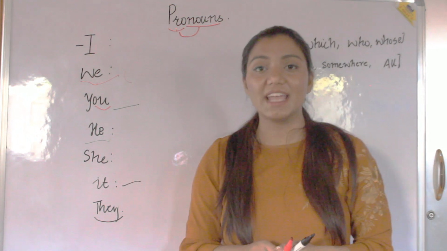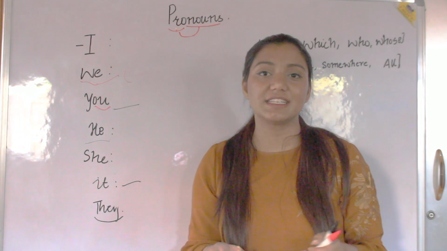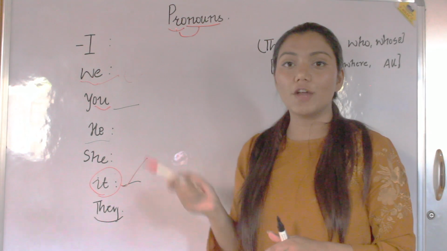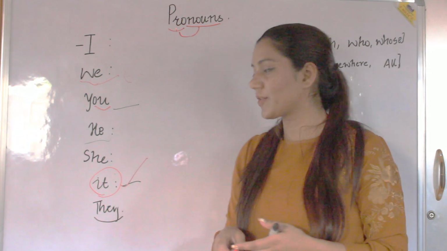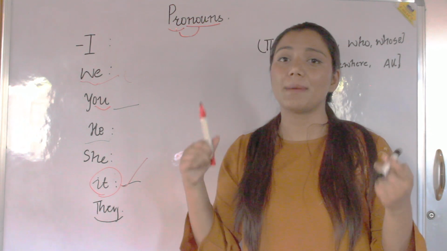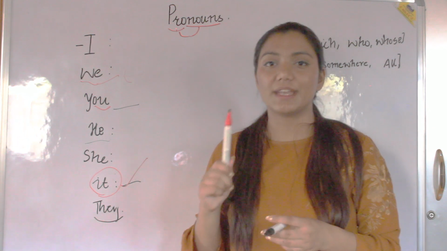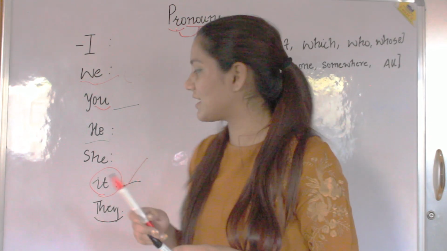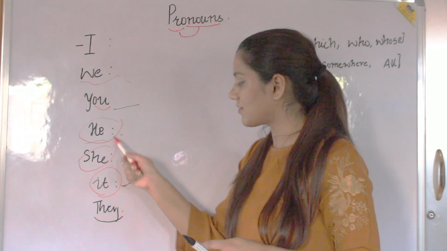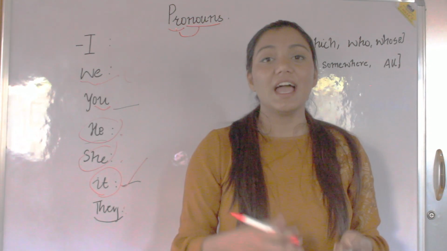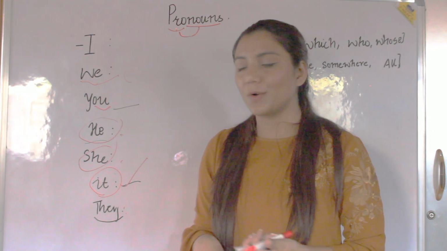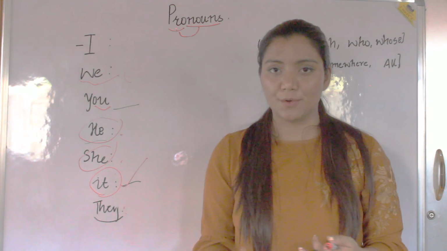It. I have a cat. It meows all the time. So it we can use with non-living things or we can use it with animals. Okay? So it meows all the time. I have a pen but it leaks all the time. So it is used when I do not know the gender. He and she are, of course, he is used with a boy and she is used with a girl. For they, I can say I have a few friends from IITs and they all are very hardworking. Okay, so they again is a pronoun.